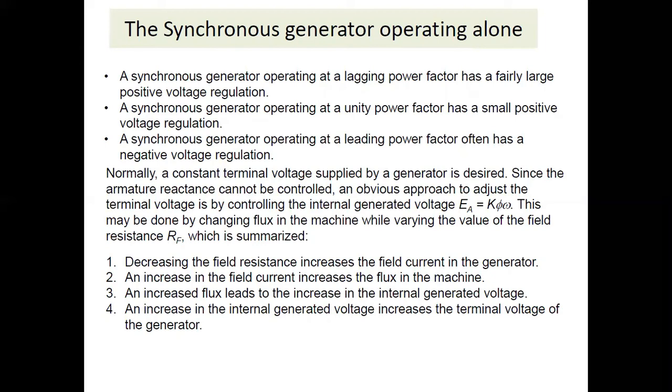So this is how we can achieve the stable condition in the case of a synchronous generator whenever there is an excess requirement or excess load from the system. When the system needs to work under a stable condition, under the increased load condition, either we have to reduce the field resistance, or the second option is to increase the field excitation.